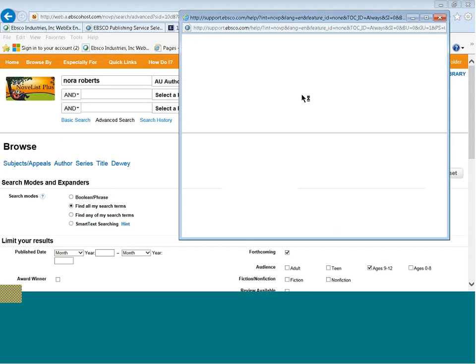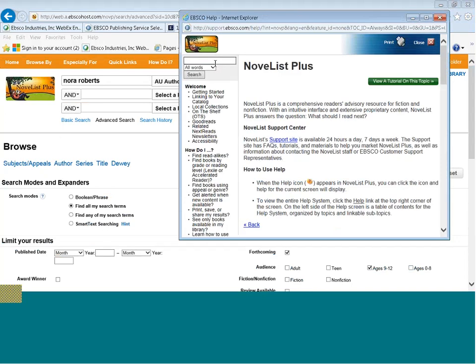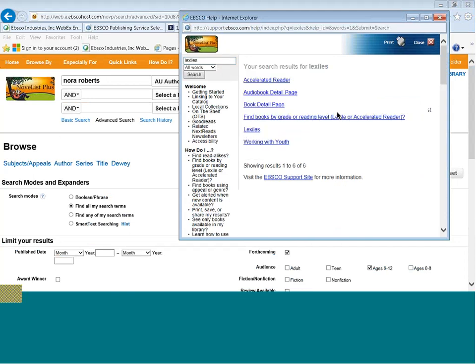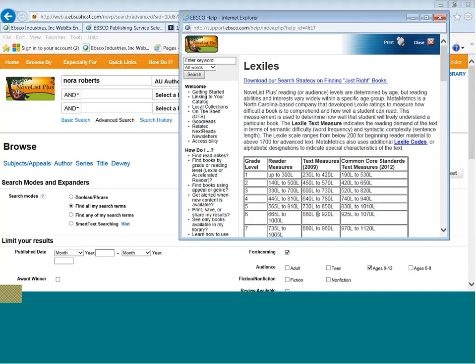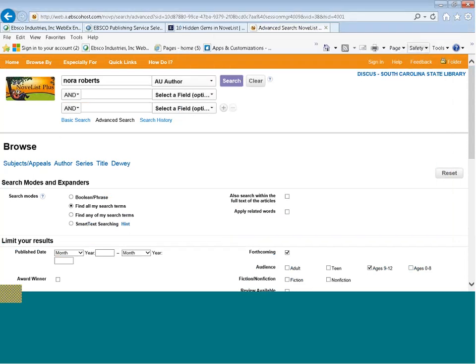Let's go ahead and do that to show you a Lexile range grid. So this is a printable grid of your reading levels and ranking. The text measures are what you want to look at. Common Core is a little bit stretched or higher level, but say we were looking at a 4th grade reading level here, you can expand it to, say, 3rd to 5th as well.